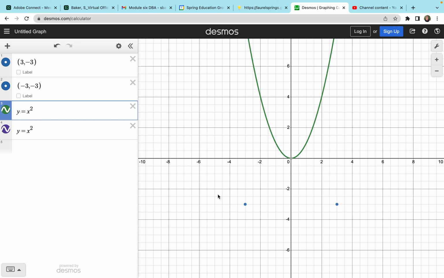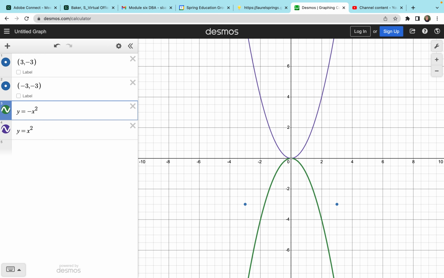So I'm going to make a system of equations that goes through two specific points. So I have my two specific points in blue. They're right here. So that's going to help me see if I've got the graph going through it. And then my parabolas. Now you don't see two because it's the same equation. So what I can do is I can just play around until I can get this to go through the